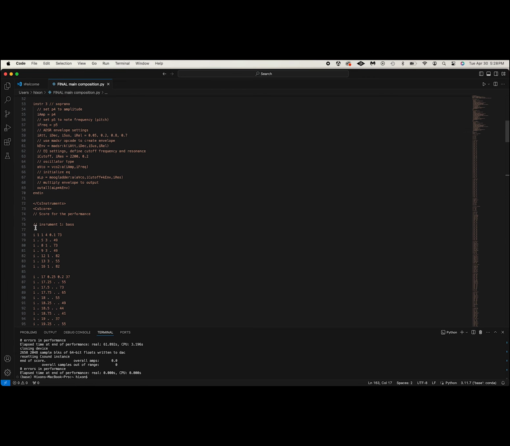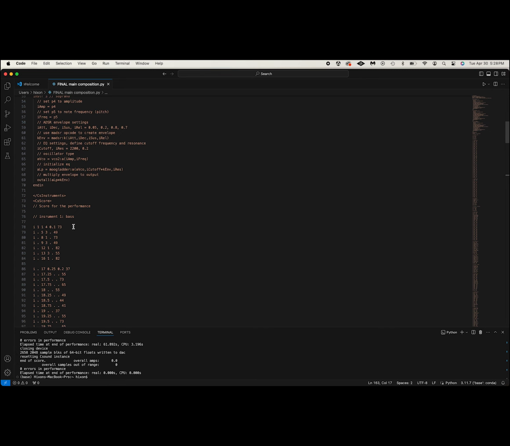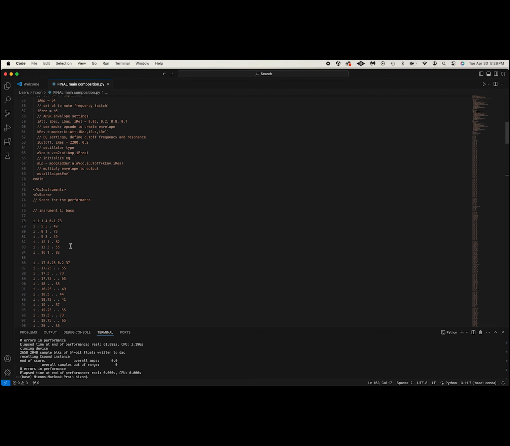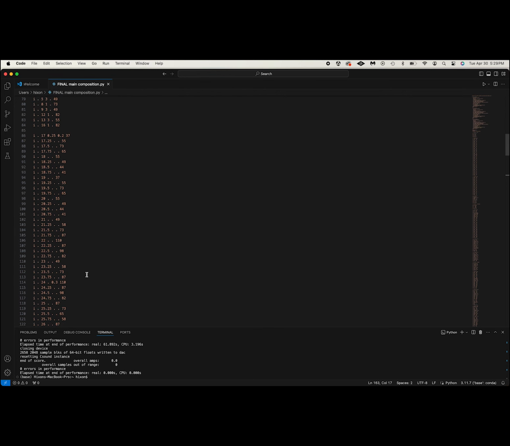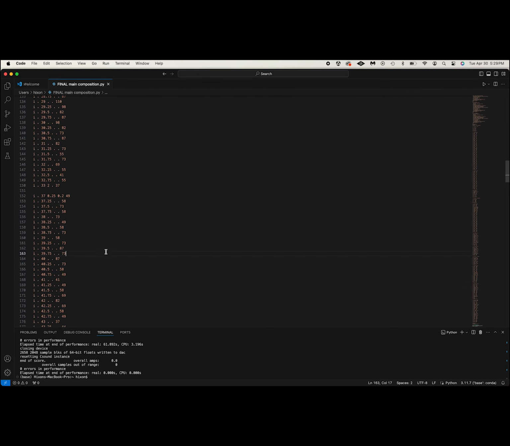So if we actually look, here we have the instrument number, the beat on which it starts, the amount of beats which it lasts, the velocity/volume of that note, and then the frequency. And I decided to round every frequency to the nearest whole number, because a lot of frequencies are decimals, to create a sort of odd tuning system